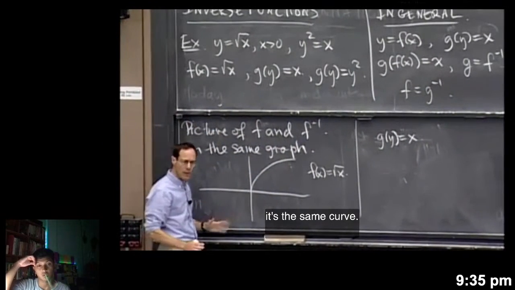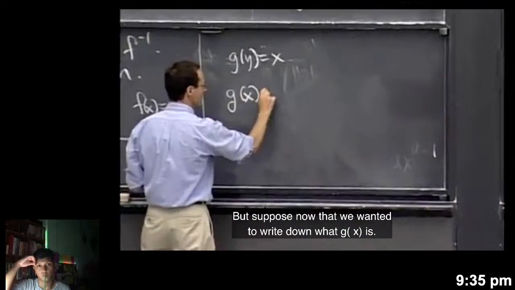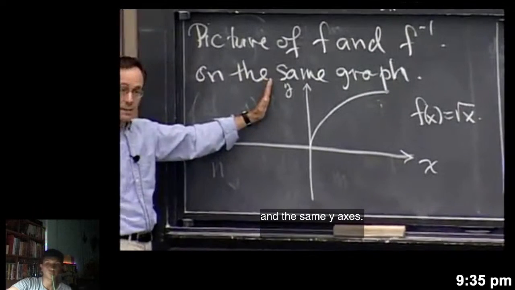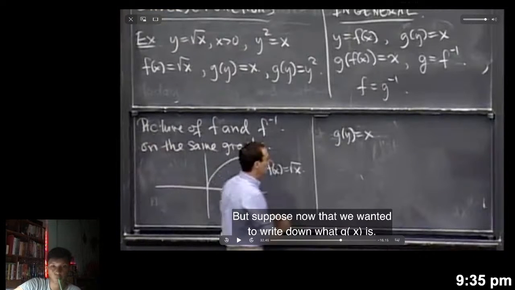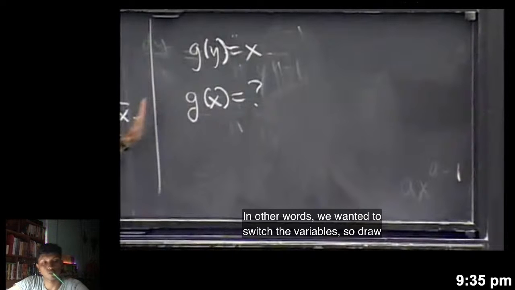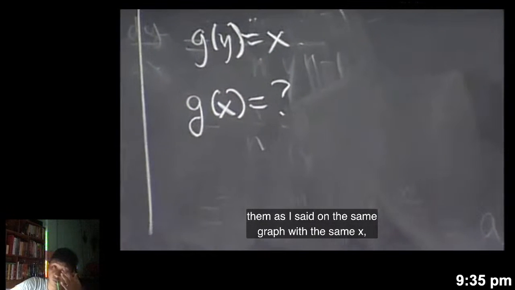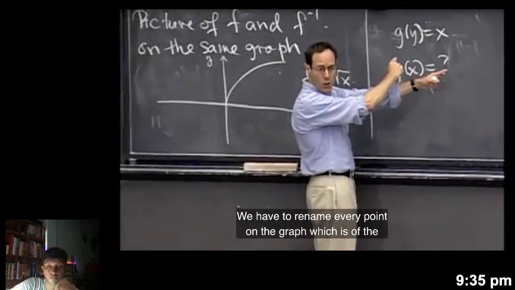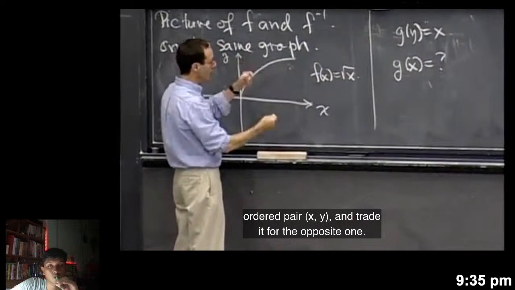It's the same curve. But suppose now that we wanted to write down what g of x is. In other words, we wanted to switch the variables, so draw them, as I said, on the same graph with the same x and the same y axes. Then that would be, in effect, trading the roles of x and y. We have to rename every point on the graph, which is the ordered pair x, y, and trade it for the opposite one. And when you exchange x and y,